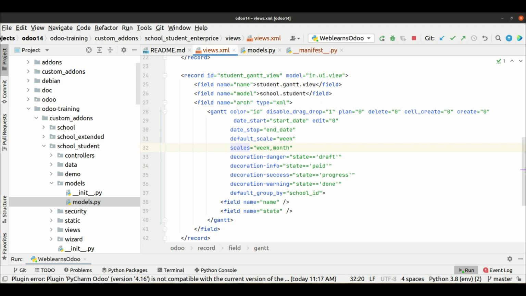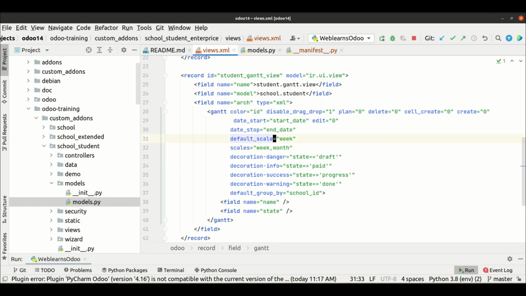So by default it will only show 2 options, week and month, that's it. And let's say by default you choose day or year, and you use scales as week or month, which does not include this option, there might be a chance it will throw an exception from the Odoo side. So it's better you use the default scale, or you can remove this one.